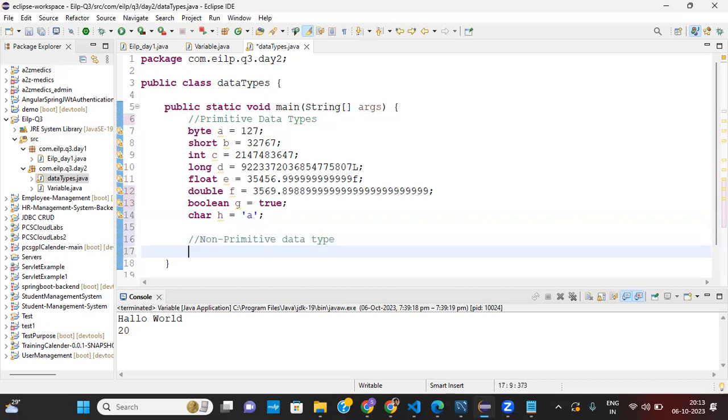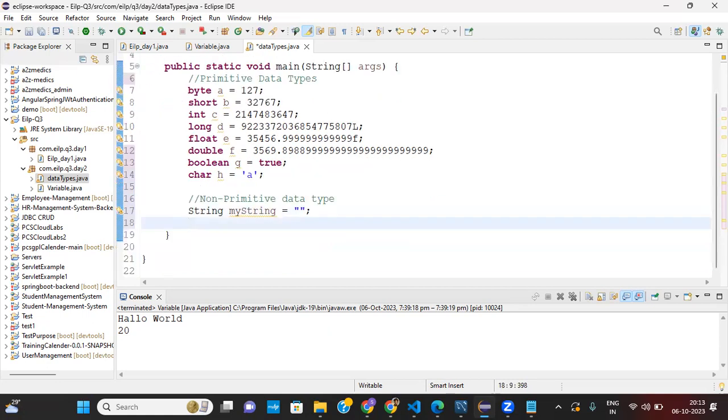Okay, so in non-primitive data types, we have string, say my string equals to some string. And on the other hand, what do we have?